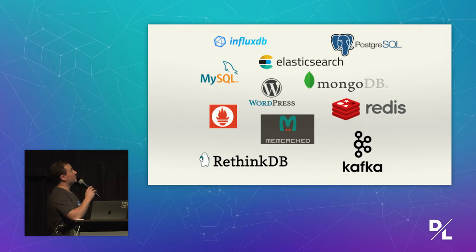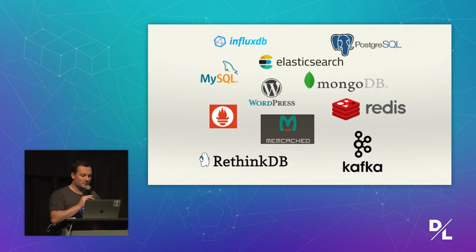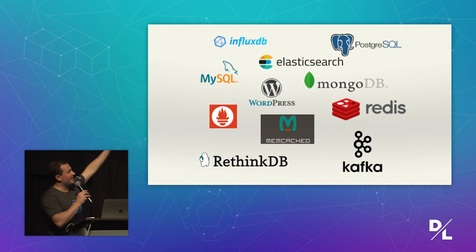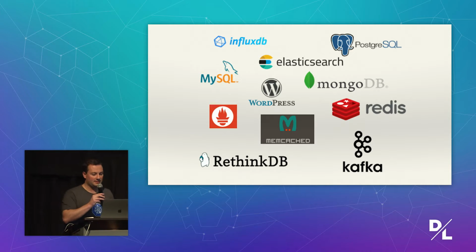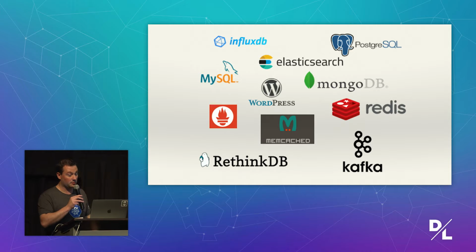Now, before transitioning to the world of containers in 2013, I was happily managing deployments of MongoDB and Redis using Ansible. Since that time, because I've worked with so many different companies and so many different installations, I have run all of these databases and persistent systems on top of Kubernetes for production workloads, depending on how you define production workloads. It was production for my customers. So now let's talk about how we can manage the persistent state for these applications on top of Kubernetes.